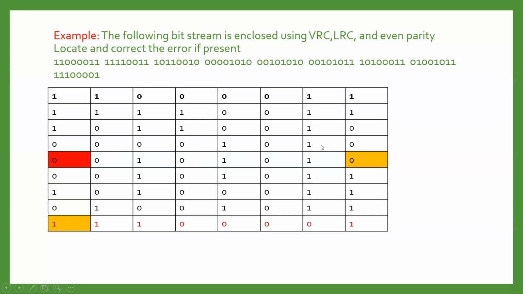Go for the fourth row. 1, 2, even number of ones. So we will add 0 bit, which is correct. Now go for the fifth row. 1, 2 and 3. Total 3 number of ones are there. So odd numbers are there. So we have to add 1 as a parity bit to maintain the even number of ones. But we have received 0 parity here, right? But it should be 1. That means something is wrong here. Something has changed in between the transmission, right? So we will just mark here.